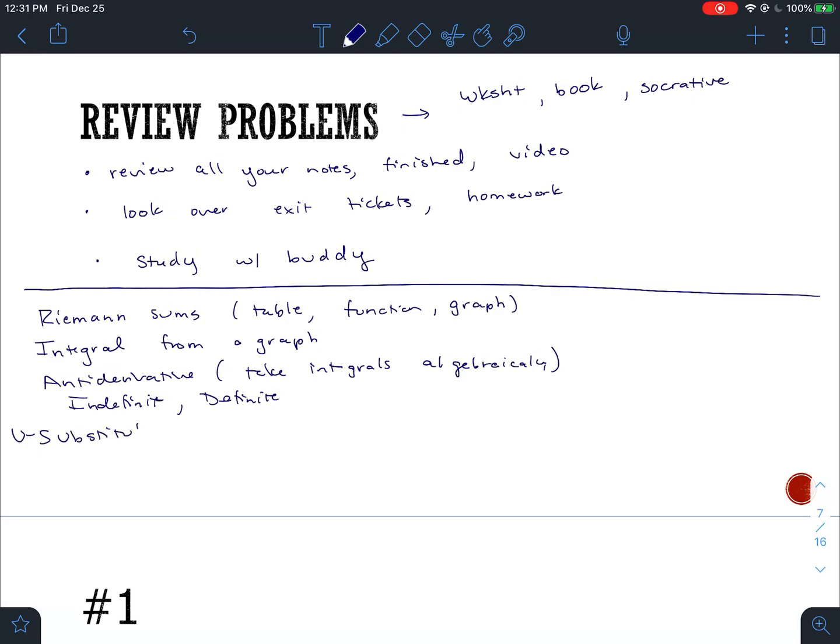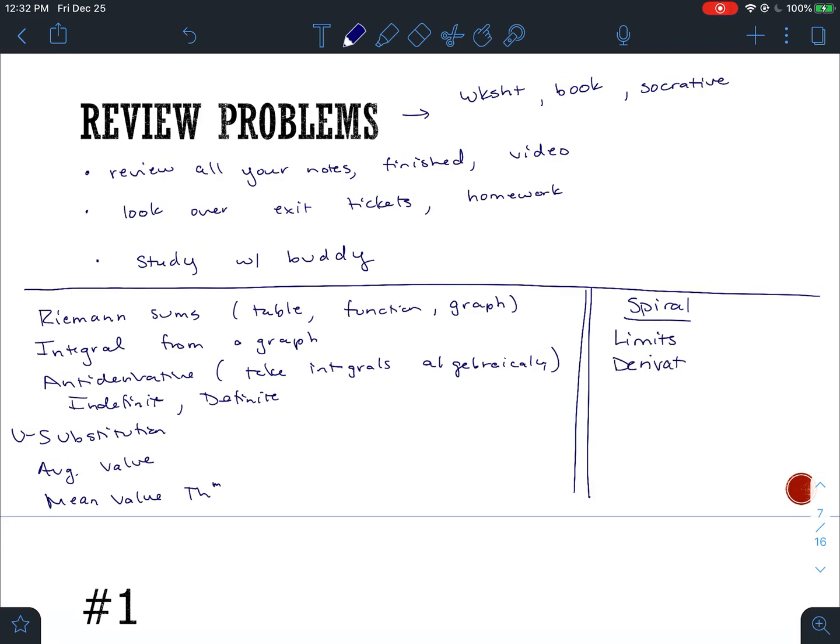You should make sure you know how to use U substitution to find indefinite and definite integrals. Make sure you know how to find the average value of a function. You should make sure you know how to use the mean value theorem for integrals and for derivatives. And then for your spiral section,